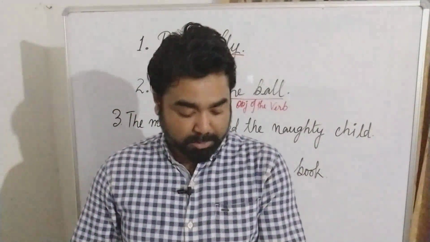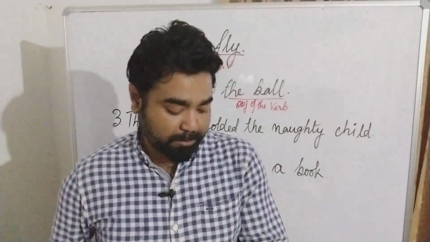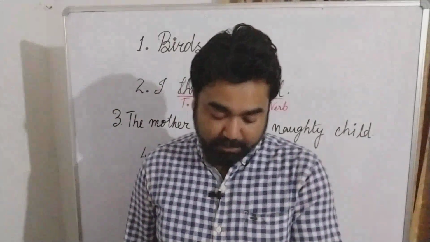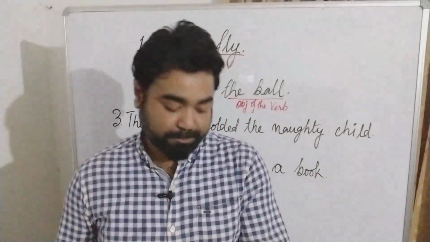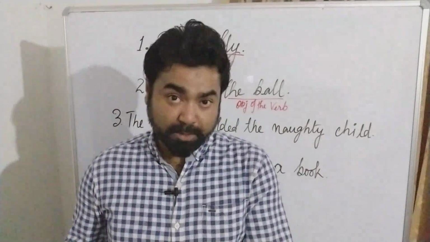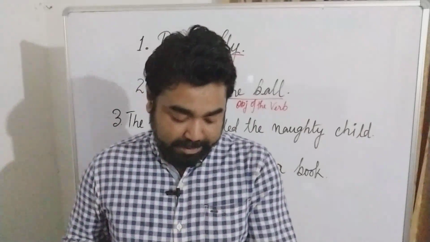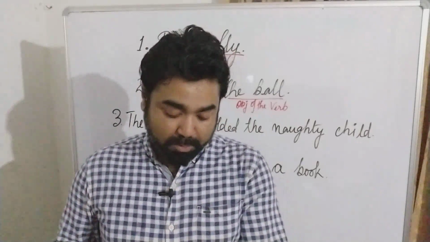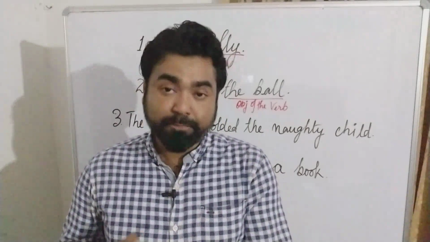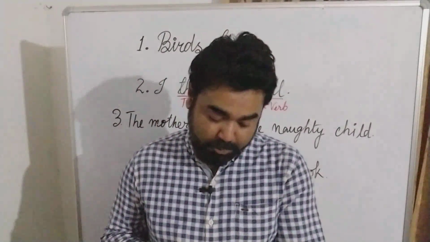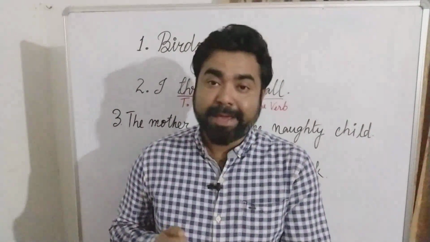So then you come to the third paragraph, which is your rule number 2, where we are told that the object of a transitive verb may be the following. What are the things? Classifications. It can be a noun, it can be a pronoun, or it can be an adjective that does the work of a noun. It can be a gerund, or it can be an infinitive that does the work of a noun. It can also be a group of words doing the work of a noun, or a noun clause.